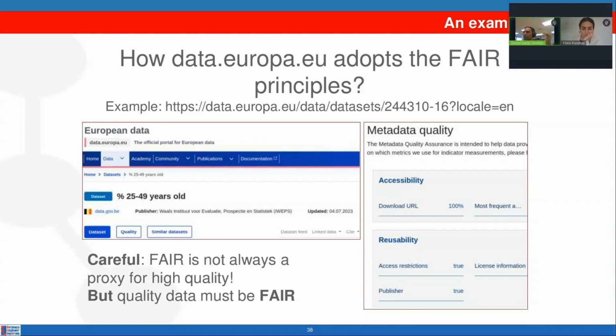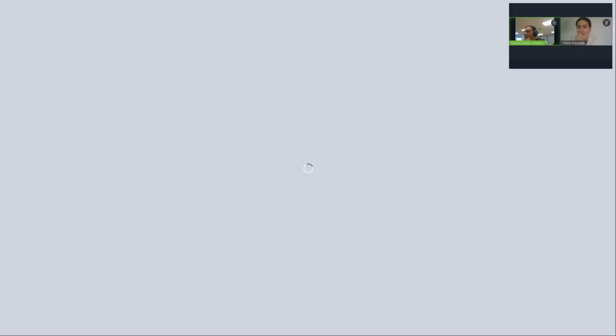So fair, it's not a proxy for high quality. However, high quality datasets must be fair because those have to be findable, accessible, interoperable, and reusable by the community. All right. So, given that small introduction to the FAIR principles, in case you had not heard them before,